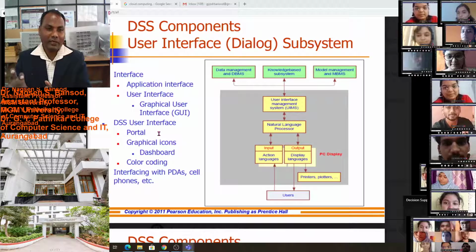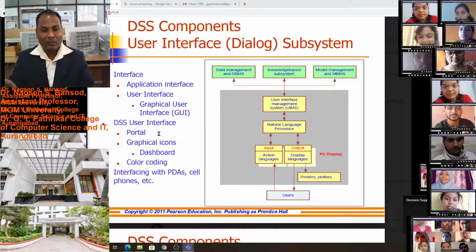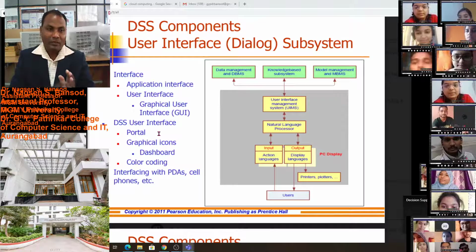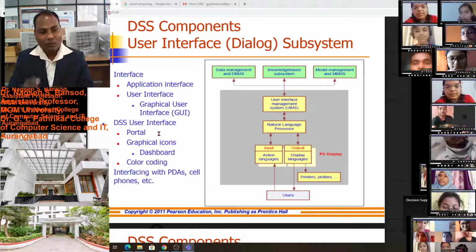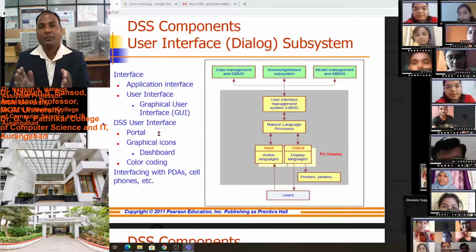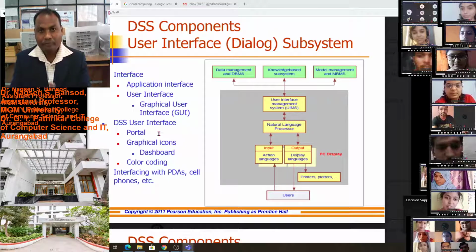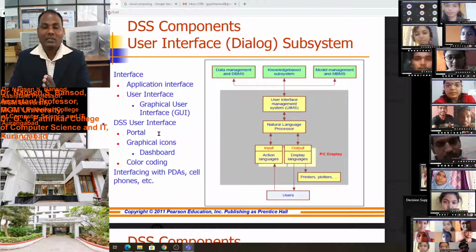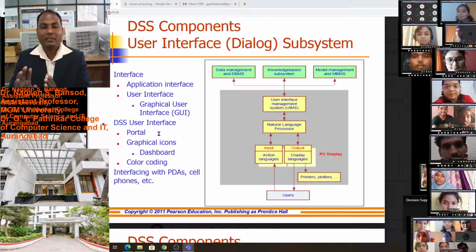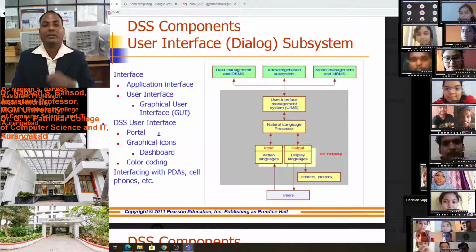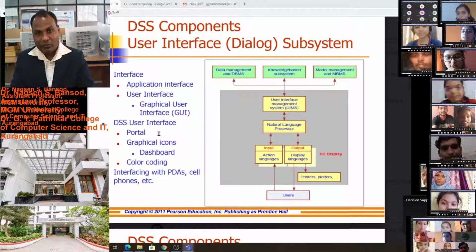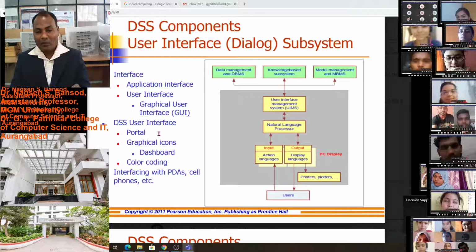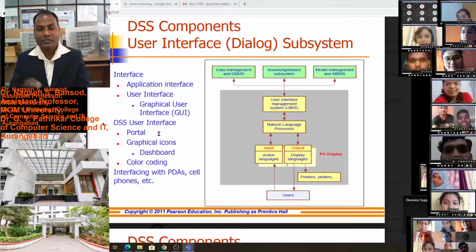For that purpose we design a separate portal that should be connected to the software, so we require a portal interface, and that portal will be helpful to the user. Why? Because it will be lightweight and take very little data from their devices. It can be run through a mobile phone, a PDA, a computer, a laptop, and all electronic devices. It will be easy to use.